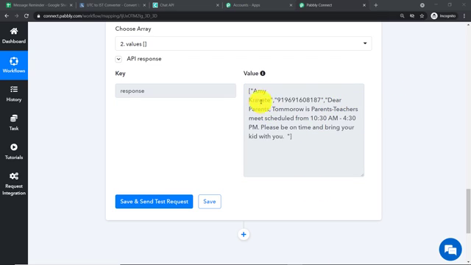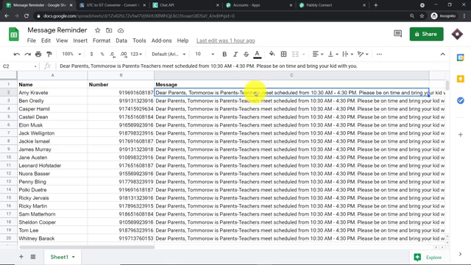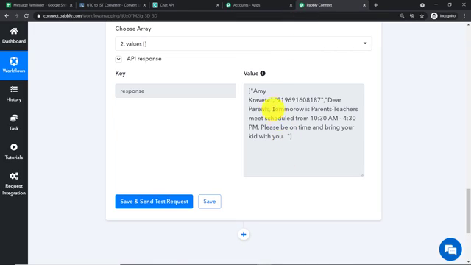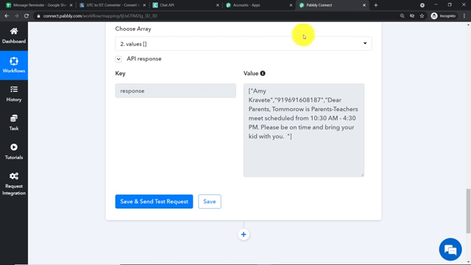As you can see, we do have the data of Amy Cravate. The problem is we again have the condensed format of the whole information of Amy Cravate. For example, we have the name, number, and the message as a bulk. We want to sort out each data individually. We have the whole row as a condensed format. Now we want to sort it out as columns. So we want the individual name, that is Amy Cravate, the individual phone number, and of course the message.